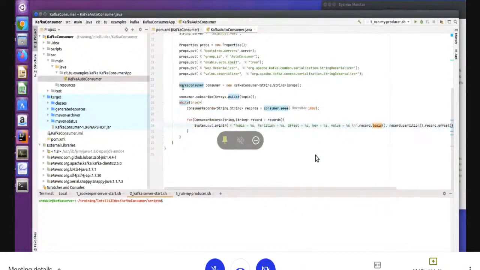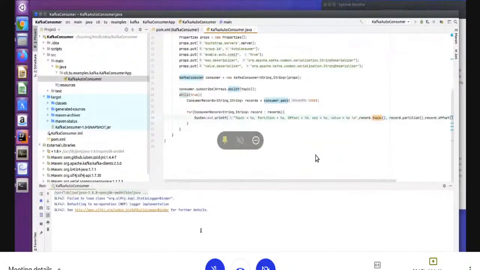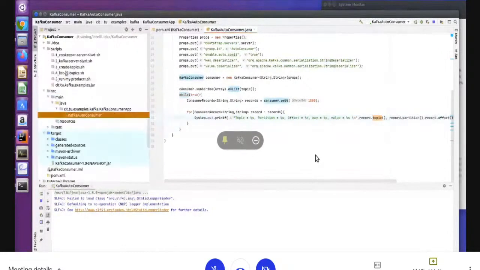Our server is up and running. What we have to do is run this command from here. See, my consumer is running. So the producer has to produce some data, then my consumer will read it. I created some scripts here, since we always have to run some commands, so all those commands we can run from here. In the scripts folder, I have put all the commands, and I even put a jar file, the producer file, so from here I can produce some data.